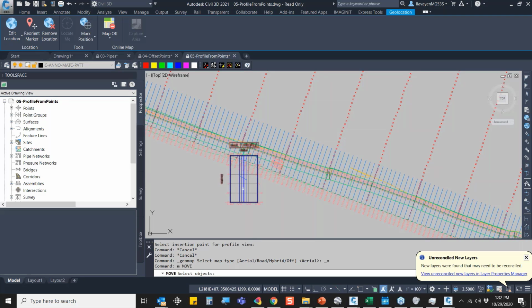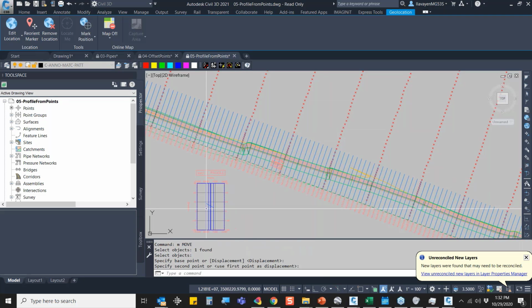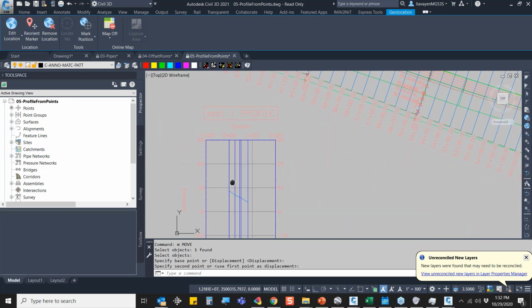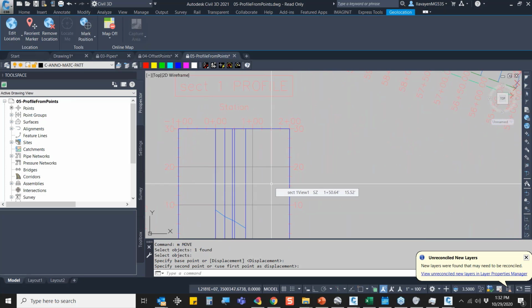So here we go, guys. What I have here is I connected the dots, it created an alignment, and it created a profile for me. So if you're doing more of that stream restoration, where your surveyor picked up cross sections every 100, every 200 feet, you don't have enough to really create a